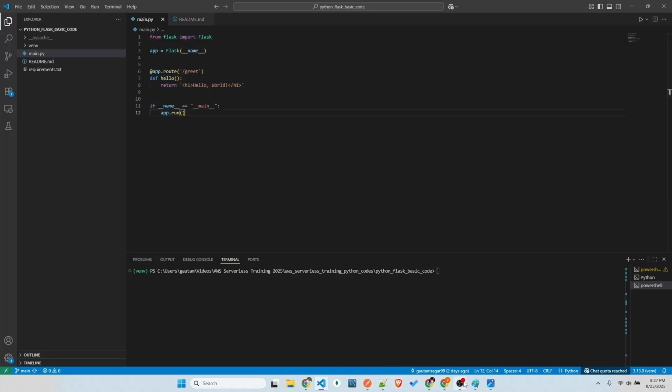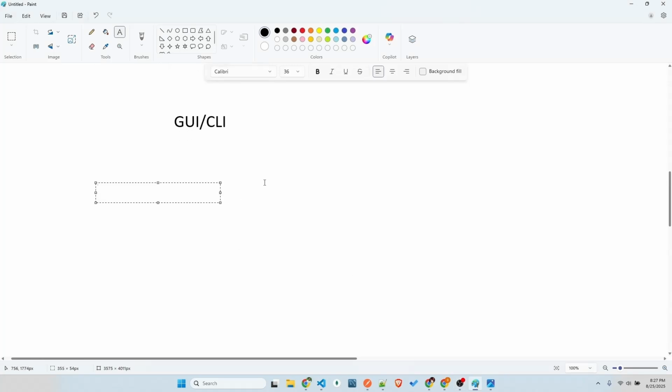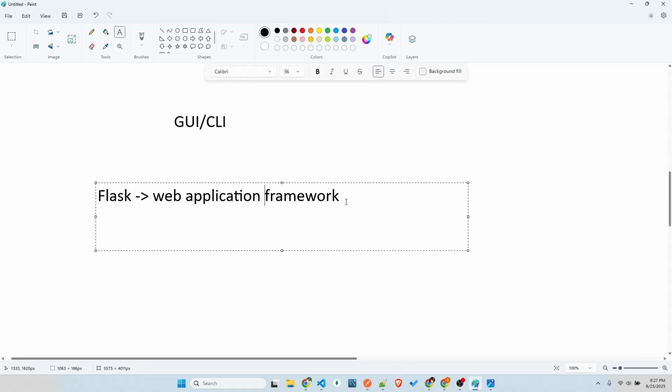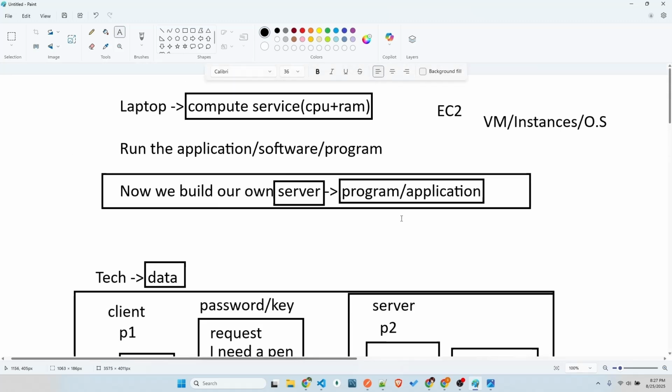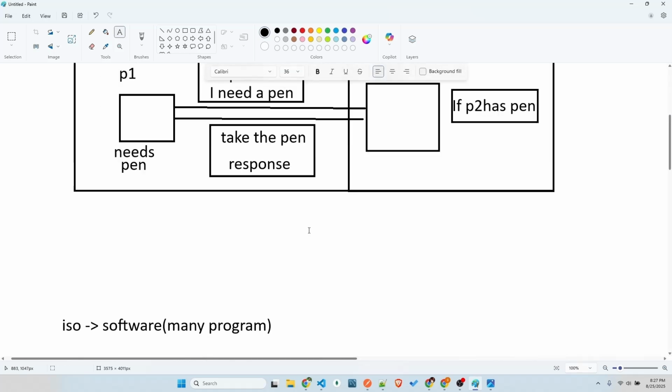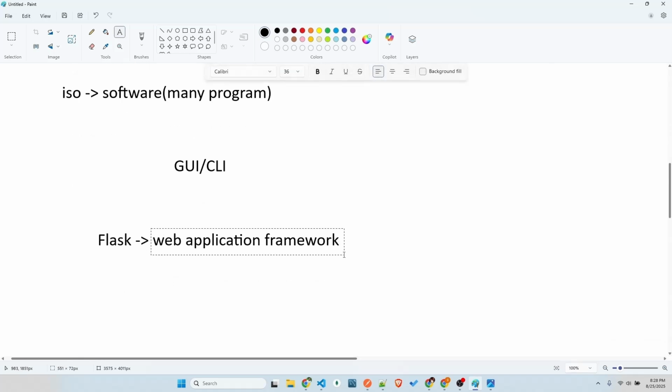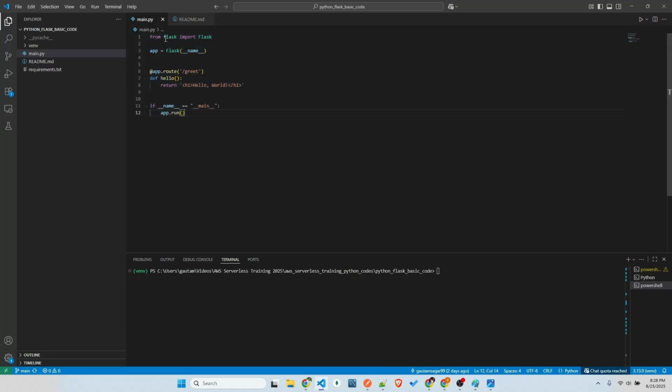I'll just give one sentence: Flask is a framework, you can think of it as a web application framework. You don't have to worry about what a web application is, what a framework is, and other things. You can think of it as having multiple programs within it, which do some task on data. Finally, it's going to do some action or task using whatever data you provide. So in this programming language, Python, we have built a web application which will